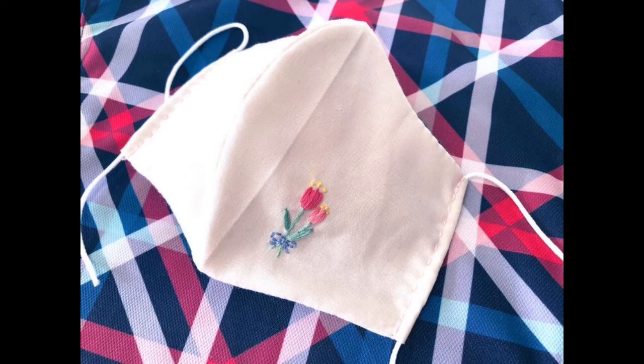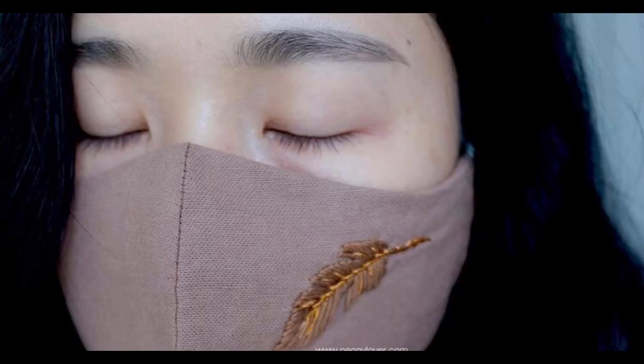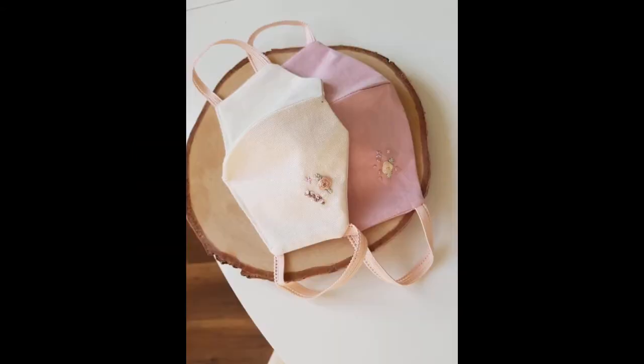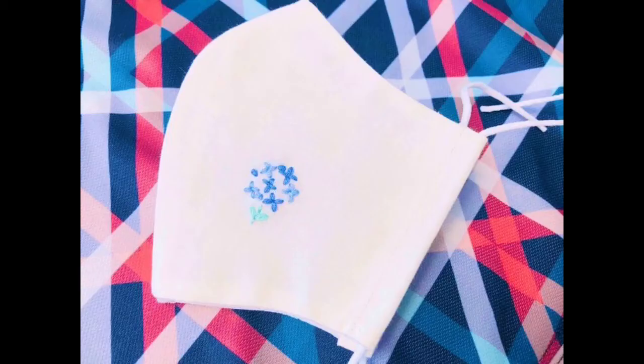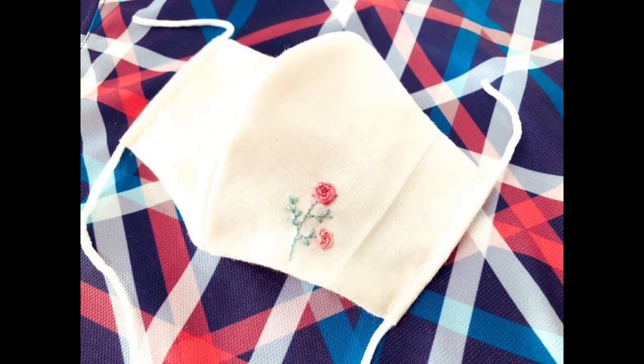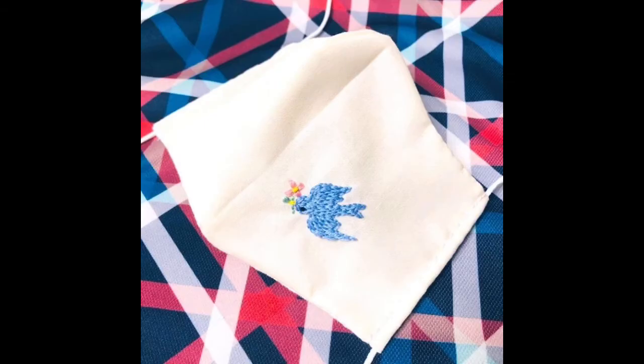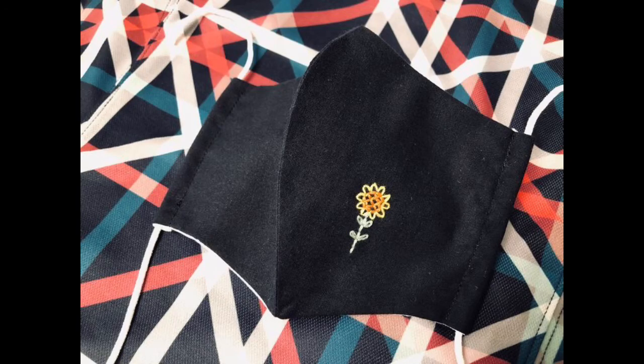These are only 3 minutes hand embroidery patterns, that is, in 3 minutes you can make the whole face mask pattern. All of these are very beautiful, light, elegant, decent, simple and designer style embroidery patterns for face masks, and persons of all age groups and all genders can easily wear them. Older ones, younger ones, teenagers, kids, adults, everyone, girls, boys, men, women can easily wear these. They are handmade, hand sewn, along with adjustable elastic ear straps, and they give maximum full protection against